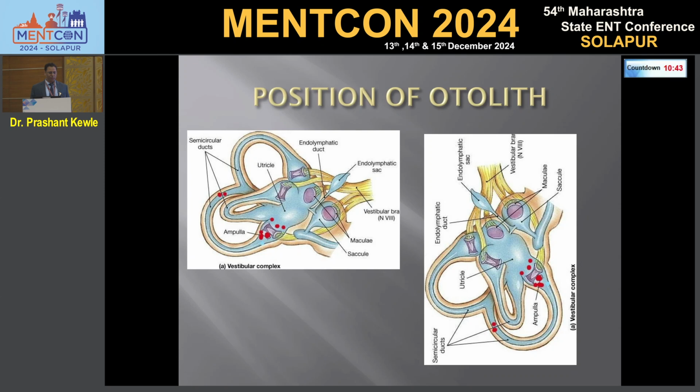You are waiting for at least 40 seconds. The particle will start moving because of gravity, and they will come till this point. Got it? So the drag of the particle will be first, and then they will drag the fluid. So after 10 seconds, you get the starting of nystagmus. Why latency? Because the particle will first move and then pull the fluid. So there is a deflection of the kinocilium, and it will be excitatory. So the characteristic you will have is latency.